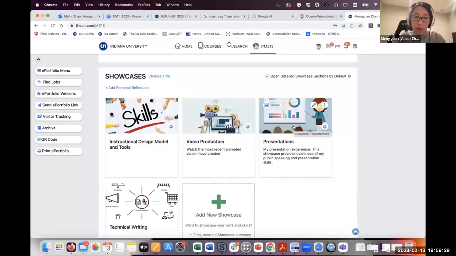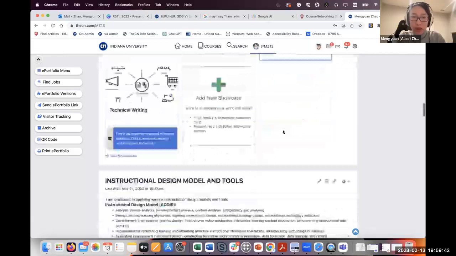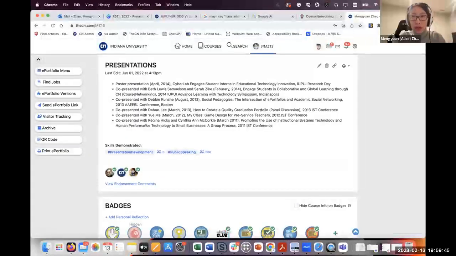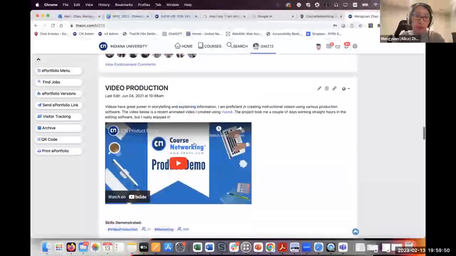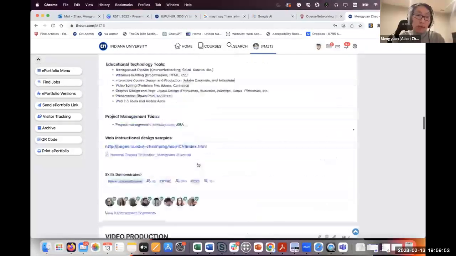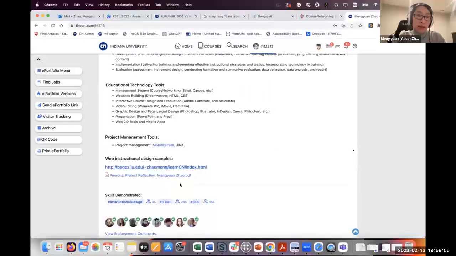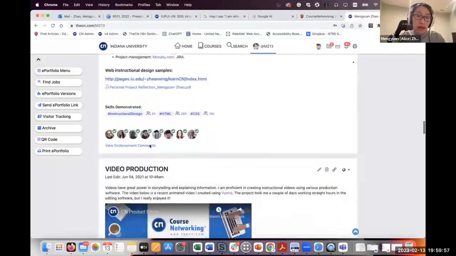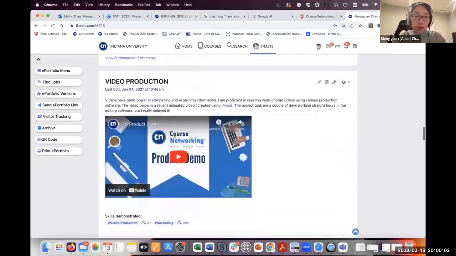So we have come up with the signature ePortfolio assignment concept and practice, encouraging our ePortfolio licensees to adopt a signature ePortfolio assignment using the showcase. Let's say to have students reflect on what they learn in a course or produce a course project showcase, which can include many media formats, links, documents, tag skills, and people can recommend and endorse each other.